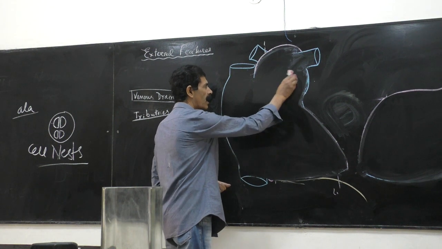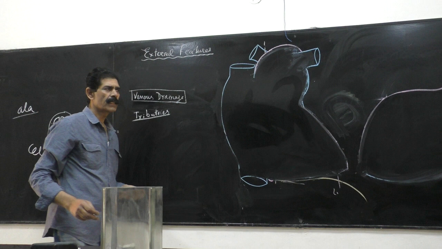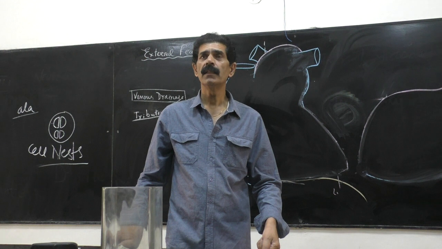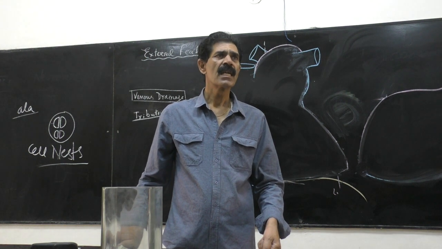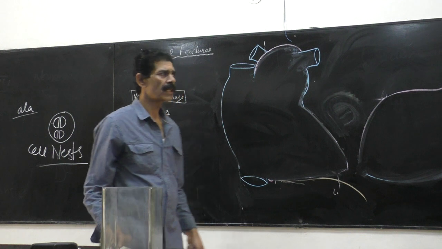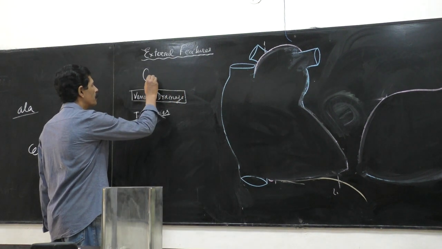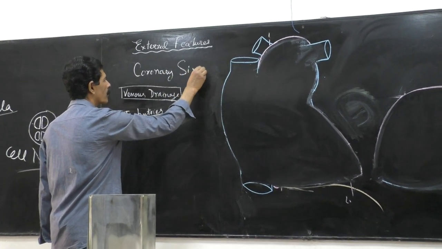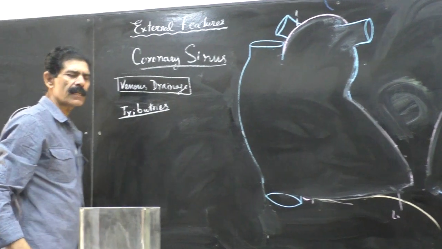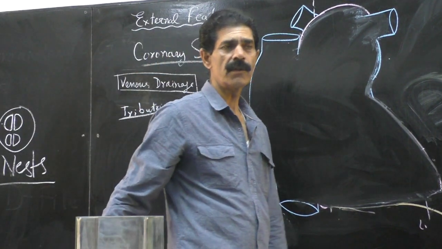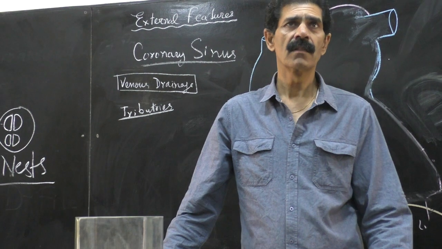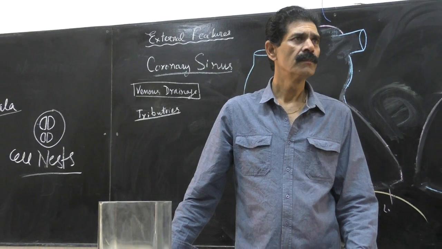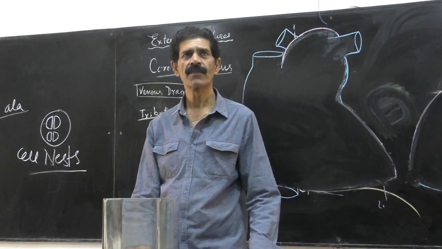the venous drainage of the heart is through a very irregular pool of the venous blood in a channel that is called the coronary sinus. So sinus is irregular. It's not a coronary vein, we use the word coronary sinus. It is a venous channel, no doubt, but it is irregular in shape. That's why we use the word sinus.